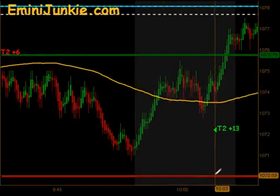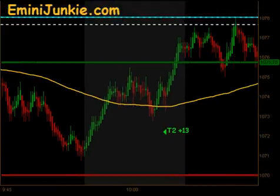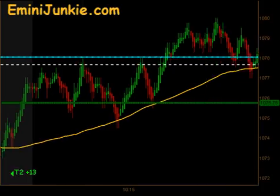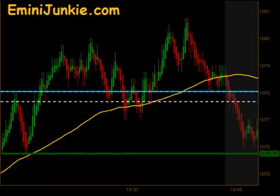and finally gave us a signal at 10:03 to get long. That produced targets 1 and targets 2 to the upside for 13 ticks as it went back up towards its pivot, back up towards its Globex session high, and continued higher. Now, after it did a little bit of a range expansion there to the upside, it got in another consolidation mode,